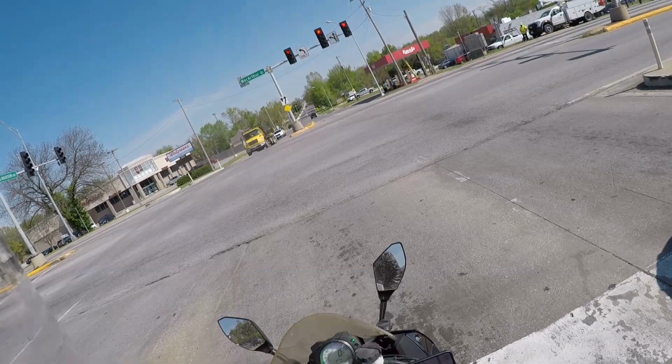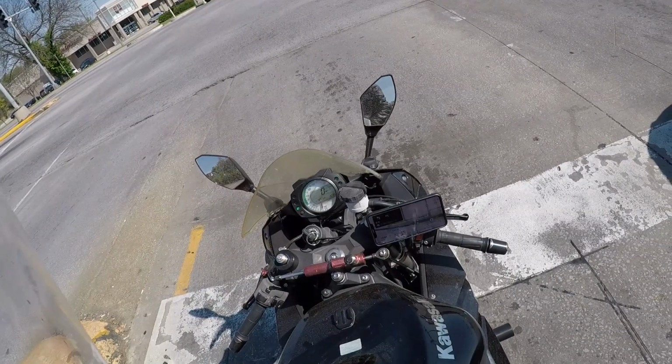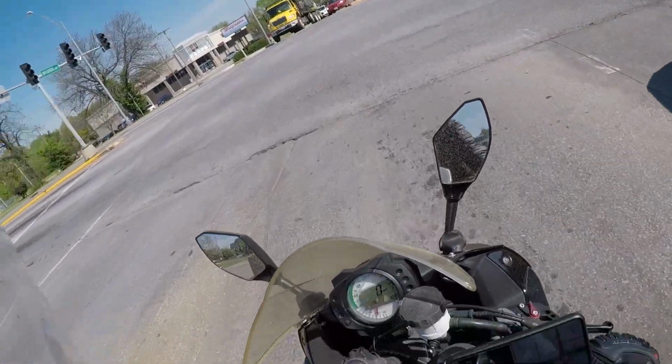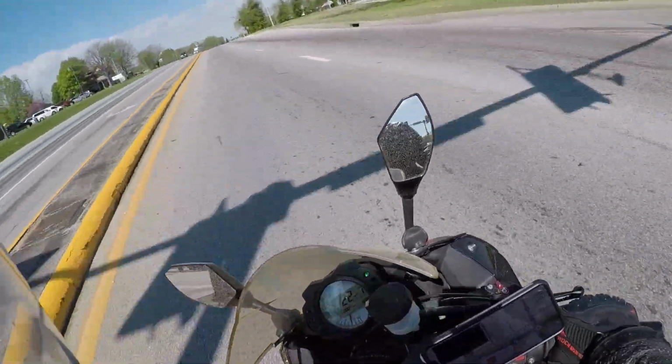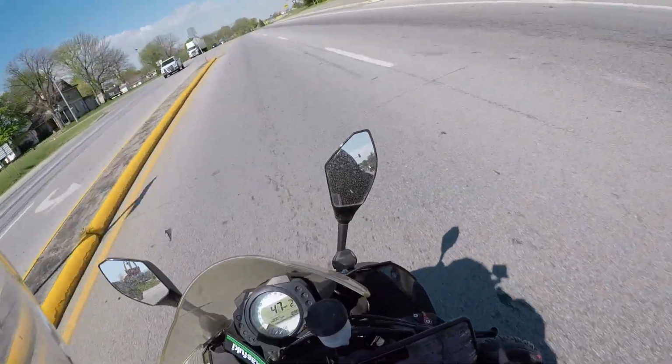I'm gonna go fill up. You can see I'm almost out of gas. I can't believe the gas light's not on yet at 108 miles. It must mean I've been babying it. So I'm gonna go fill up with the 93 octane,